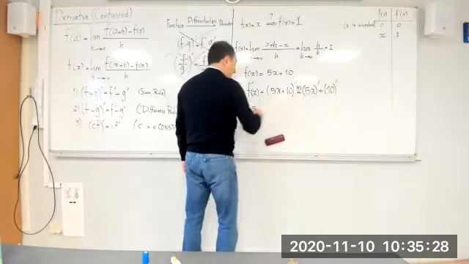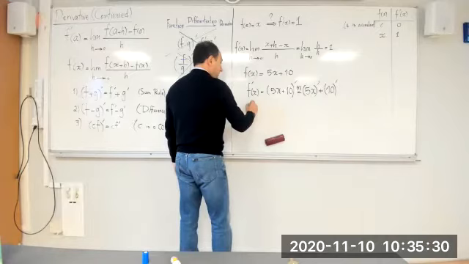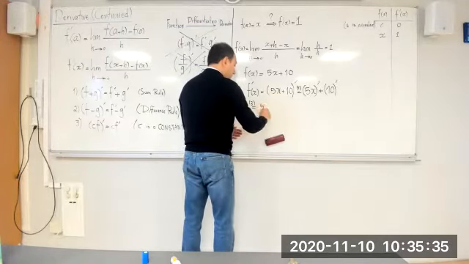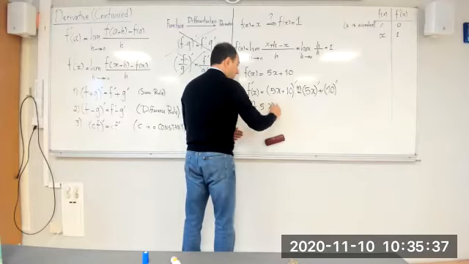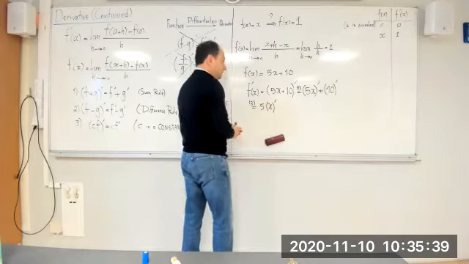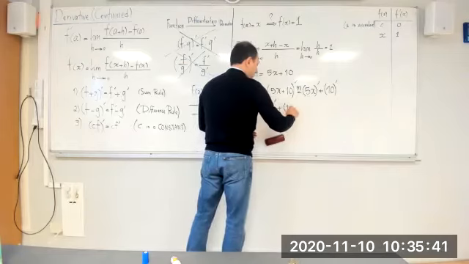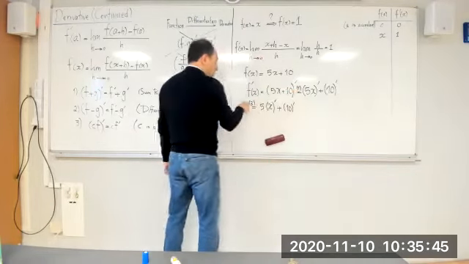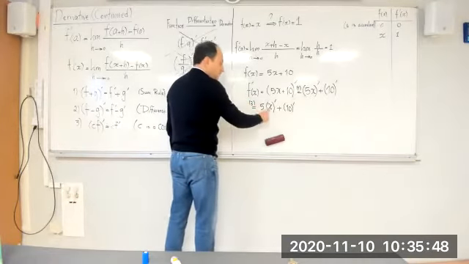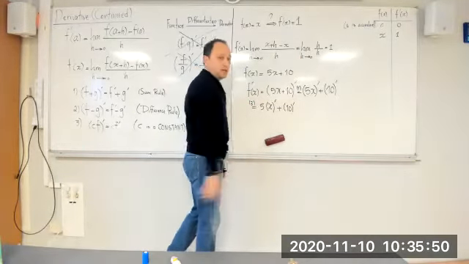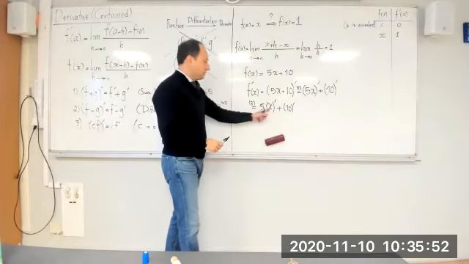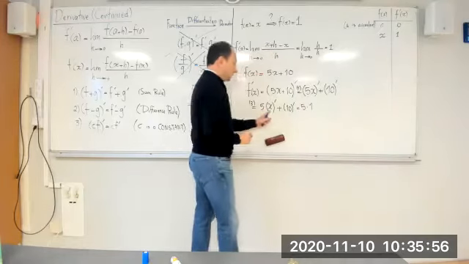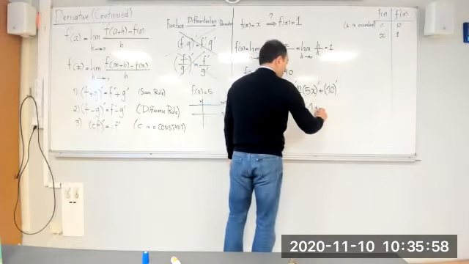From here to here is number 3. It means that I don't care about 5. I only concentrate on taking the derivative of x. And then I have the derivative of 10. So rule number 1 is used. Rule number 3 is used. And now 2 formulas from the table are going to be used. The derivative of x is 1, so it becomes 5 times 1, plus the derivative of 10 is 0, and